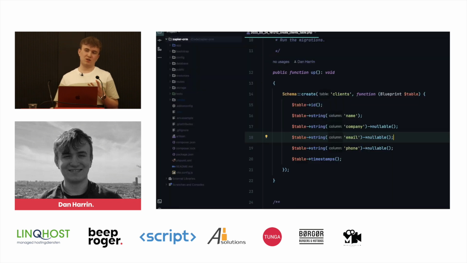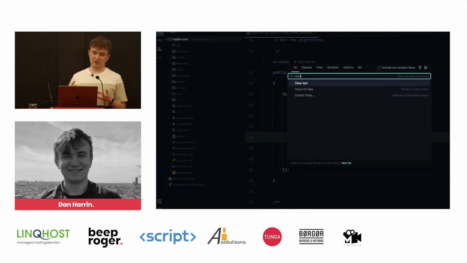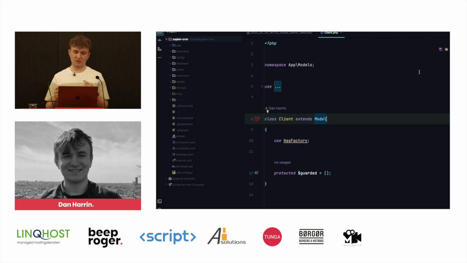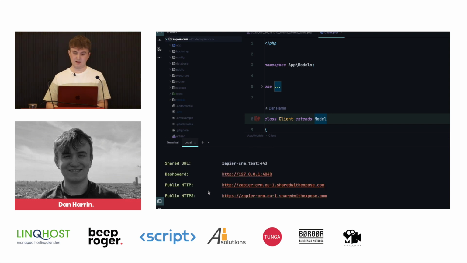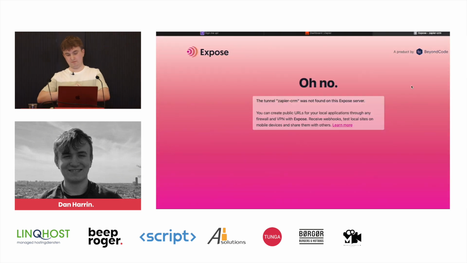Now, for Zapier to actually be able to contact our local device, we're going to need to set up something to expose the local environment to the internet, which is very risky during a talk, but I'm going to attempt it. So we're going to be using BeyondCode's Expose service, which basically port forwards any requests that you get from a web URL into your computer. Let's set up an alias for this. Let's run expose. And we now have our zapiercrm.com domain that we can access anywhere. And Zapier is now able to access this.